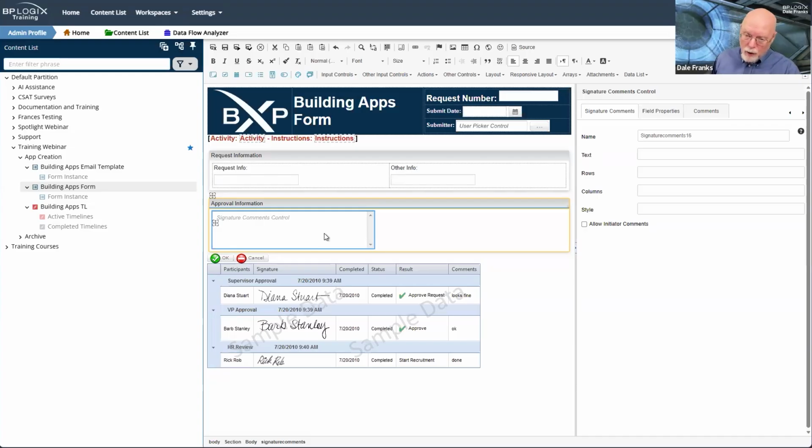The information that you place in this control as an approver is not stored as part of the form and is not retrievable as a form field value from the form instance itself. It is only retrievable from the timeline instance, and that is where the data is stored and where it lives. This control also has its own weird little self-adjusting visibility. It controls its own visibility.